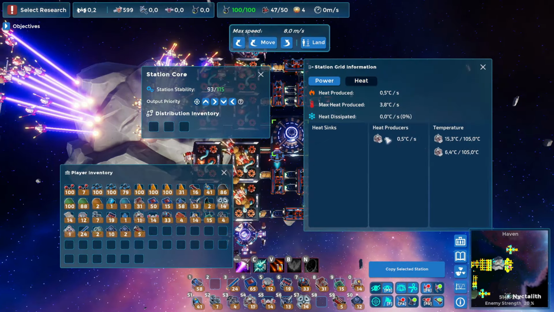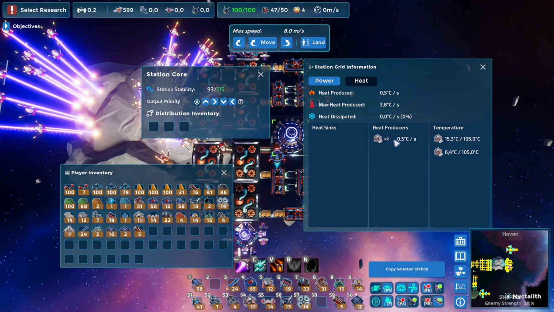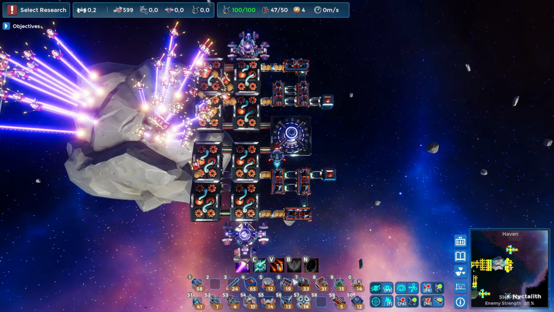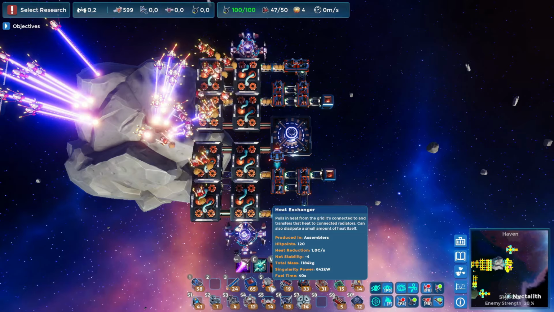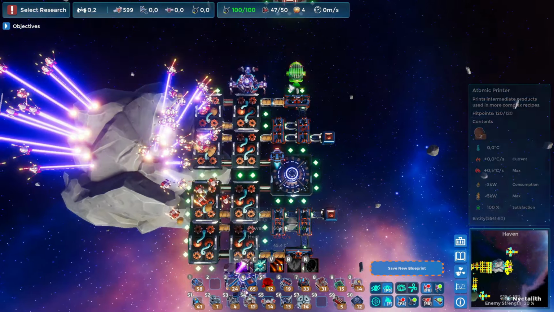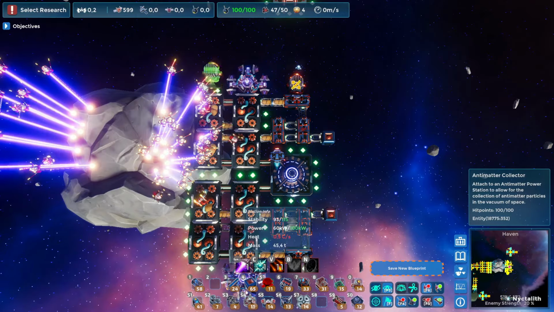It's not the most complex system in the world, but it is actually a very nice little puzzle to see how many buildings you can fit into your space station without having to resort to a new one, because as I said, you can actually move them around,